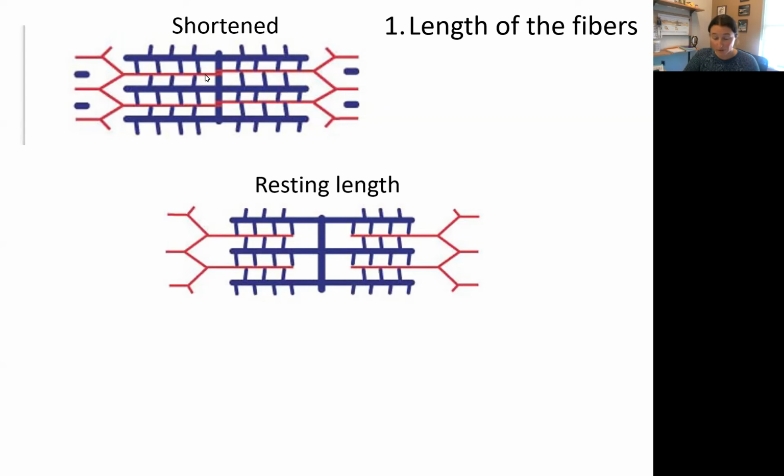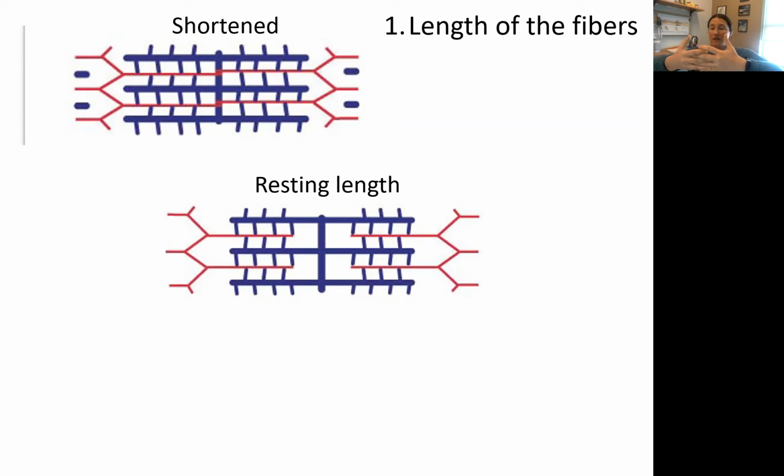Therefore, lots of cross bridges equal lots of strength, lots of tension produced. The problem with the muscle already being shortened before it's stimulated is that there's really nowhere to go. Right? There's nowhere for this muscle or the sarcomere to actually shorten to. So in my hand example here,